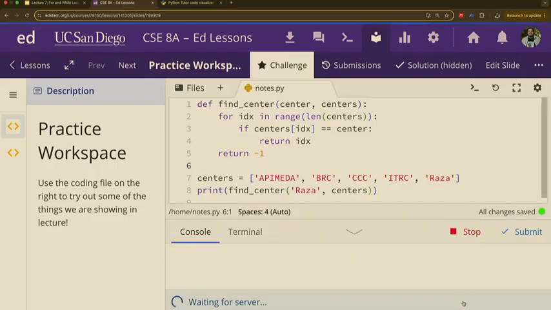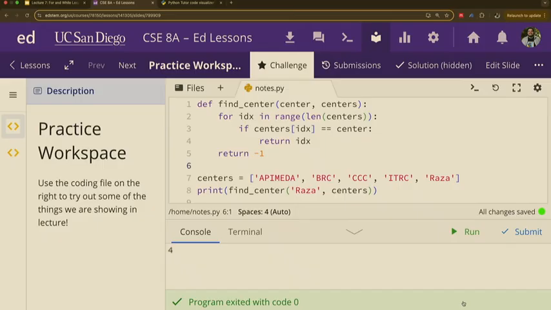Let's run this now. Now we are getting 4, right? Now we are getting 4 because as soon as it gets indexed at 0, indexed at 1, indexed at 2, indexed at 3, indexed at 4, when we're at index 4, we check centers. We check the position at 4, 0, 1, 2, 3, 4. It gives us a string, raza.